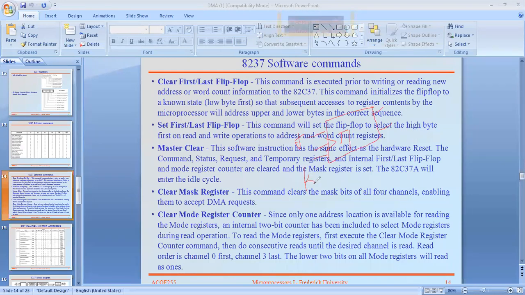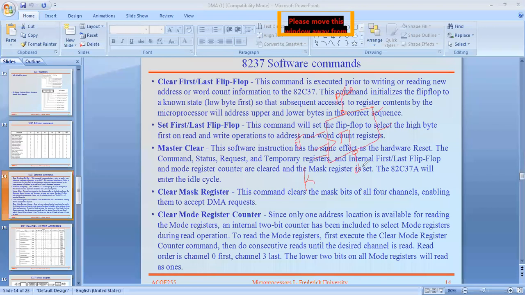Then where do I insert the asynchronous inputs? See here, I am inserting the asynchronous inputs here. This one is called set first, and the same is mentioned here as preset, PRE. Preset is the term used here, and the second asynchronous input is clear, CLR.